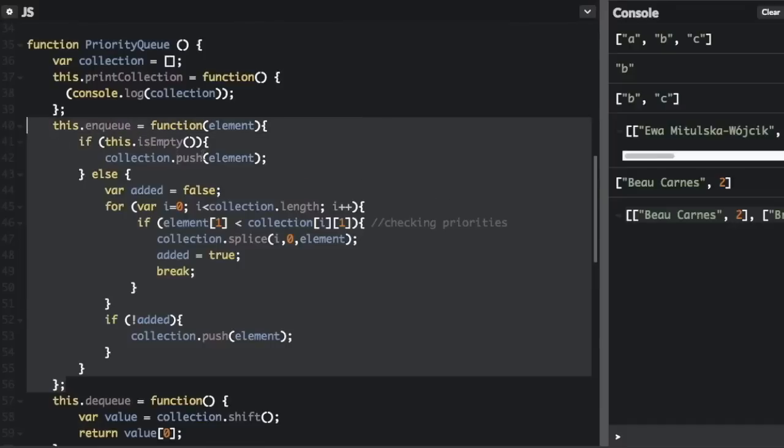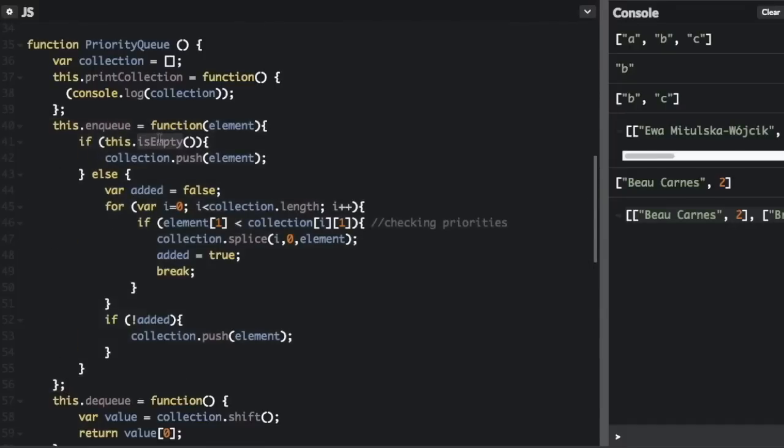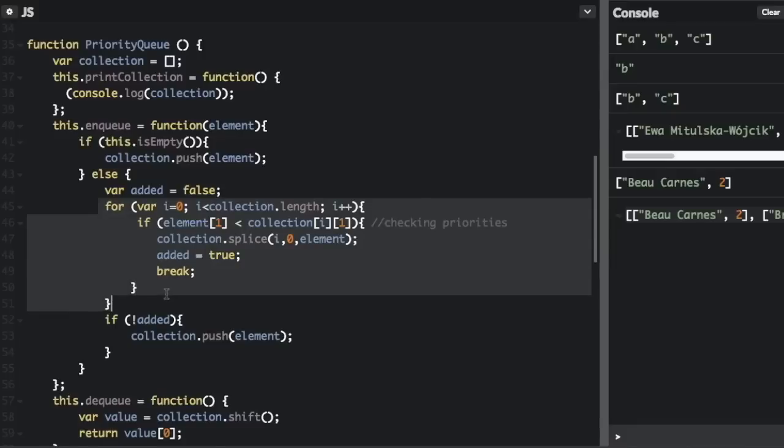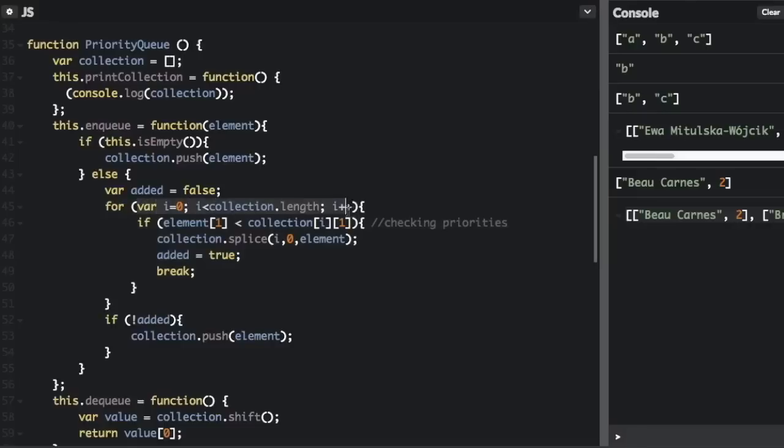So in the enqueue function, first we're going to check if the queue is empty. If it's empty, you're just going to push on the element. But if it's not empty, you're going to have to check the priorities to see where to put the element on. So we're going to create a variable just to check whether we've added the item to the queue or not, and it starts at false. And now we're going to have to run through each element in the collection or the queue to check what the priorities are. So we have this for loop that's going to run through each item in the collection, and we're going to check